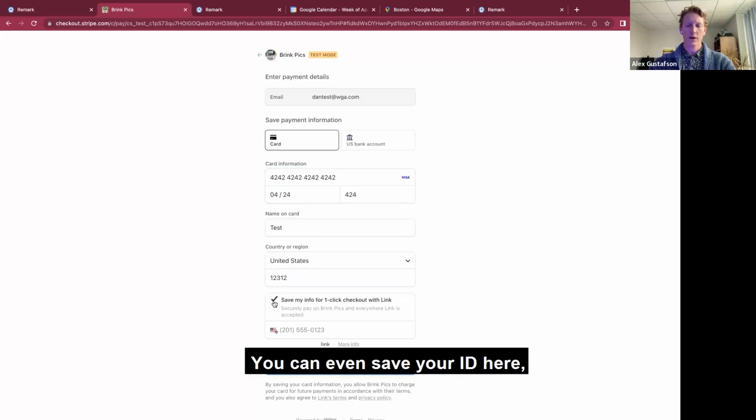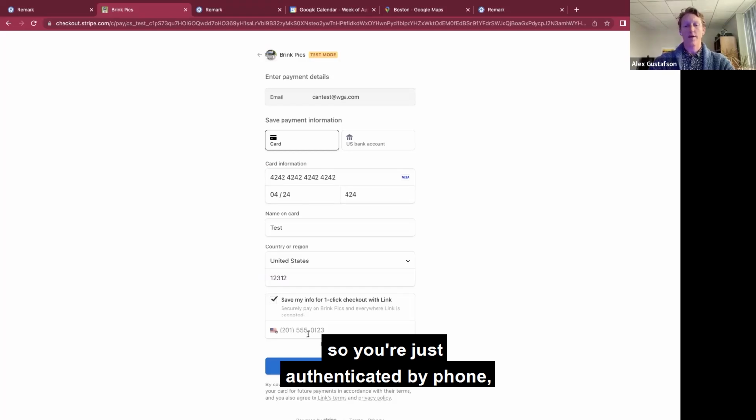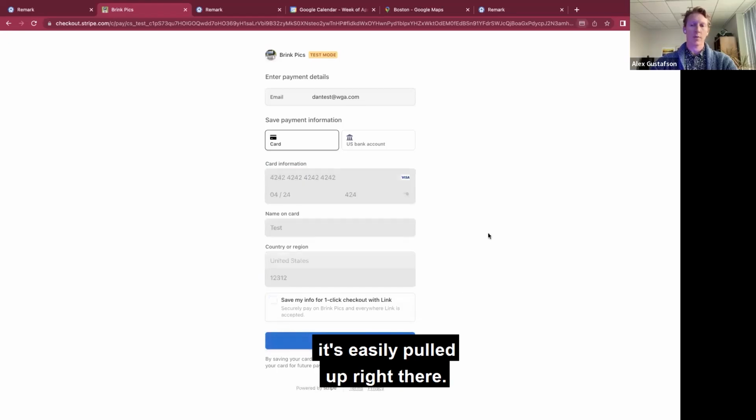And you can even save your ID on here. So you're just authenticated by phone, and next time you come to book a service, it's easily pulled up right there. Okay,